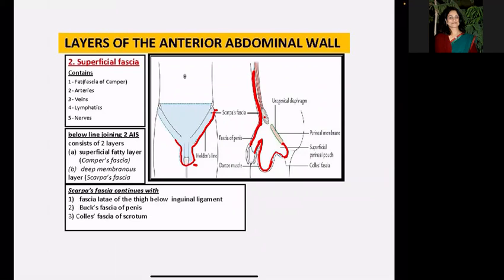The membranous layer, or the superficial fascia of the penis, is called Buck's fascia, and the fascia of the perineum or scrotum is called Colles fascia. So the Scarpa's fascia is continuous with all these fasciae, and posteriorly it fuses with the posterior end of the perineal membrane